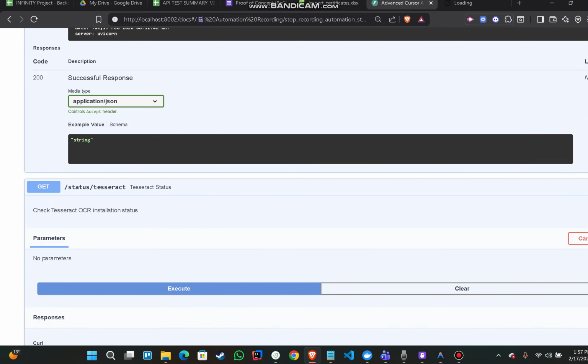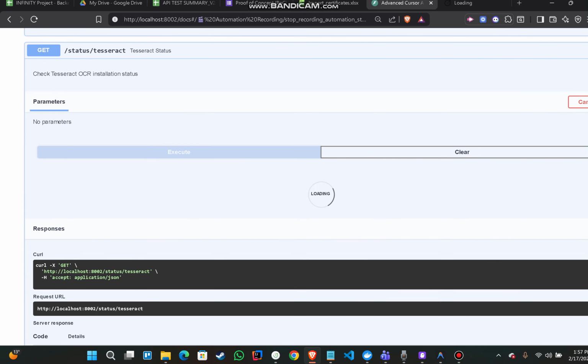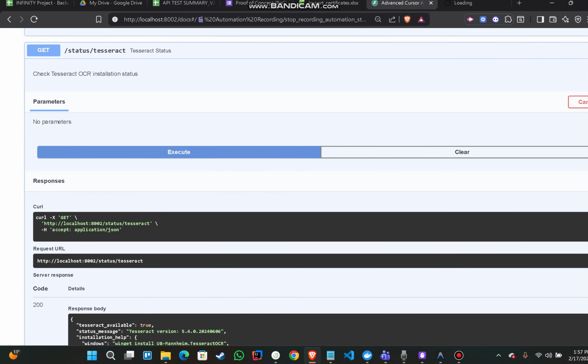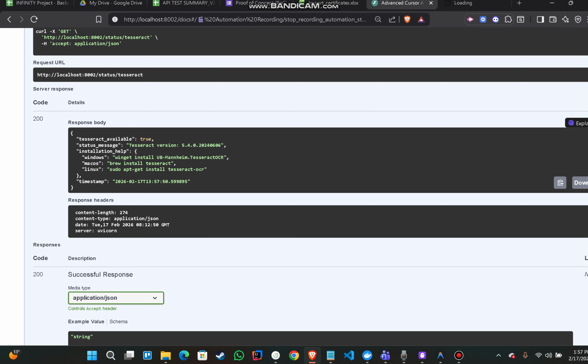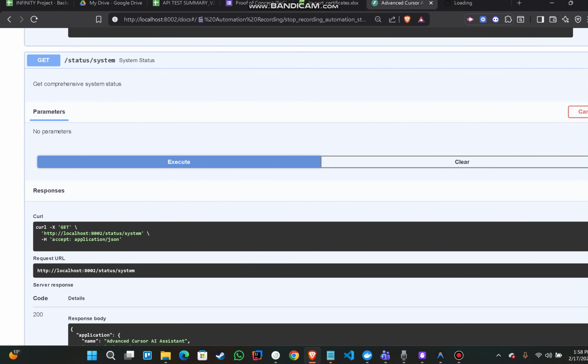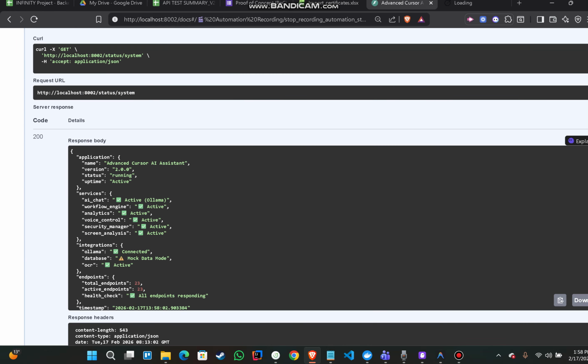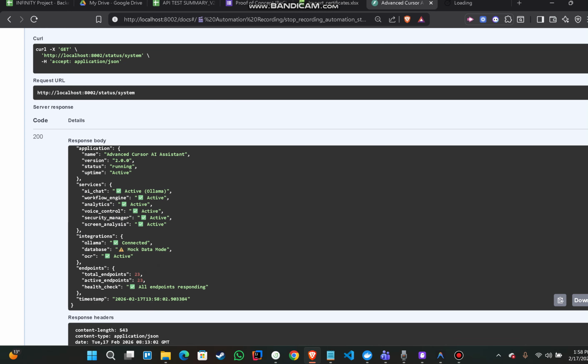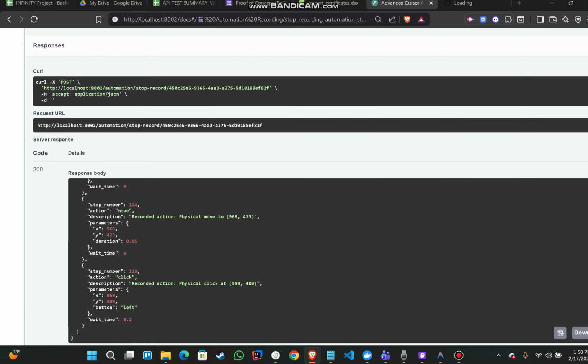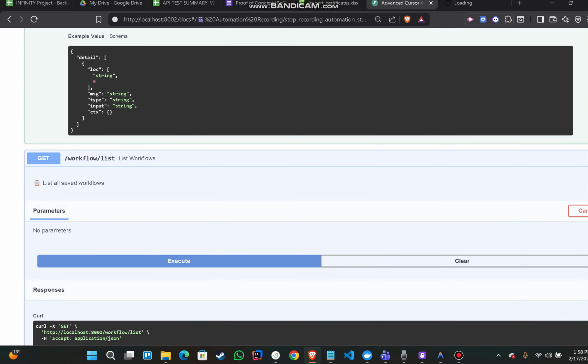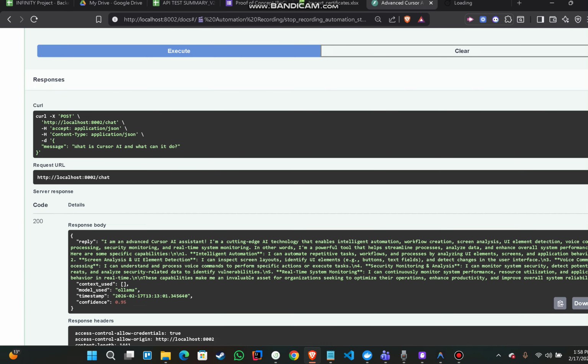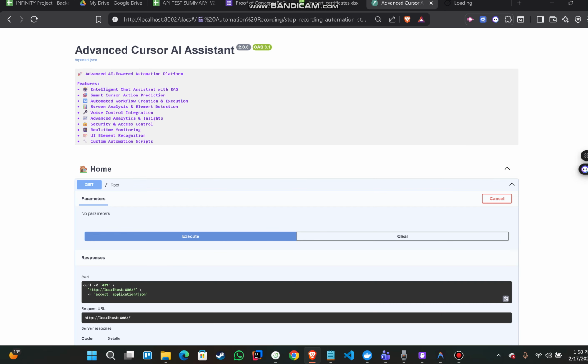And as well for the Tesseract status, we get that Tesseract is available, and a status message with the installation help. As well for the system status, if I execute it, it provides the status of the system. So everything is working fine. And to build the AI assistant, Cursor AI Advanced Assistant, I have used the Python programming language, as well the